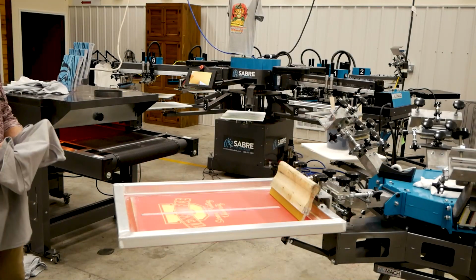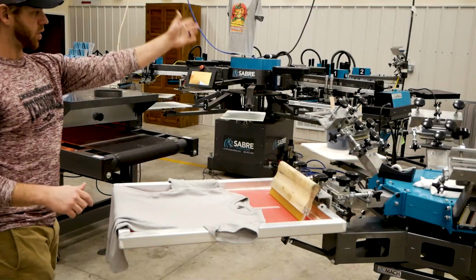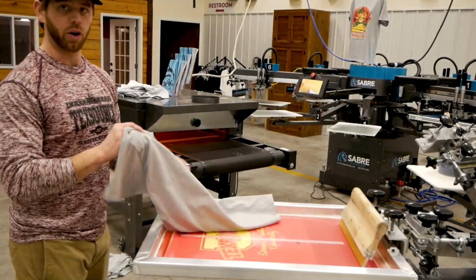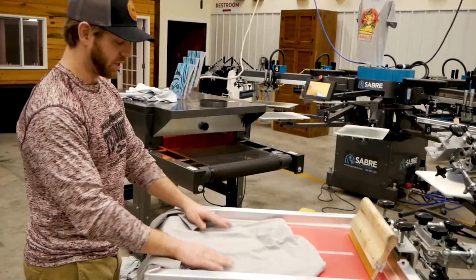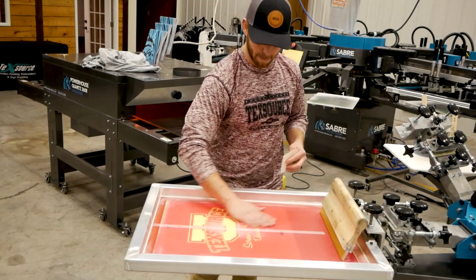When I'm testing, I always make sure while I'm at the press, I put my one ink on this side of the page, this ink on this side of the page. I print it, and then once I pull the shirt off, I'll get a marker and handwrite on that t-shirt, or get a sticky note so I don't mess up the t-shirt. So on this part, what I'm looking for